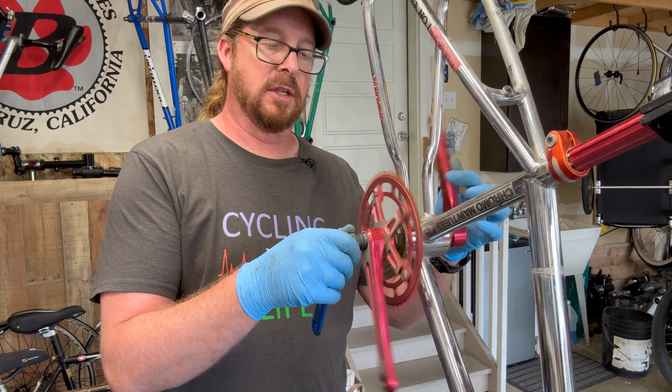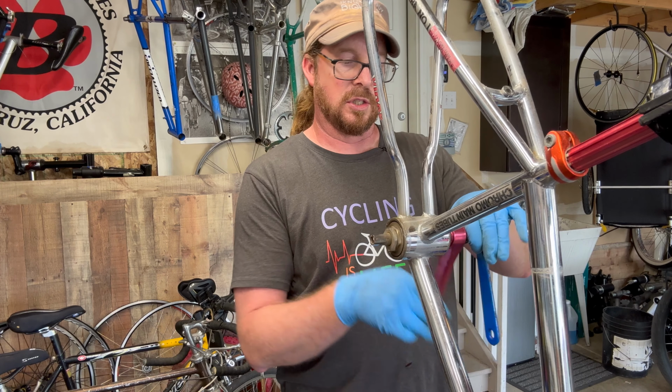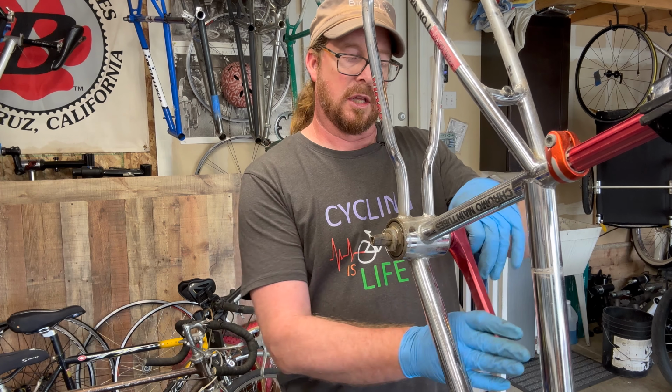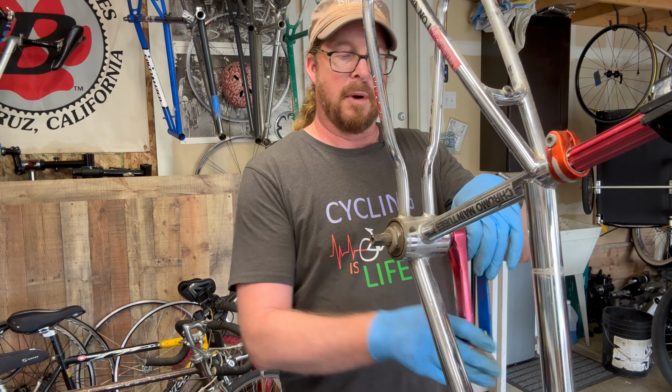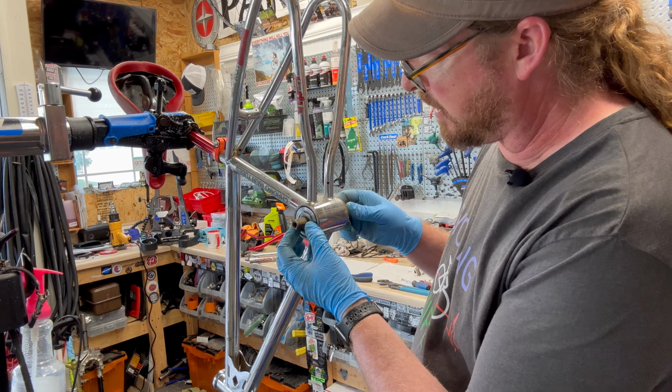Wondering if this side is the same. So if you see here, I got threads going all the way out. On the other side there are no threads, and we'll show you in a second when I start taking the bottom bracket apart. And down here is where the serial number is. That's where you'll see it on most bikes. Yeah, it's not on there tight. Honestly, when these cranks were put on, I do not think they were actually used. They just sat in the elements. So you see, I hold this down. I'm supposed to be able to,